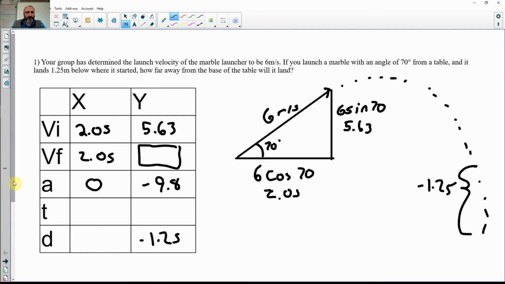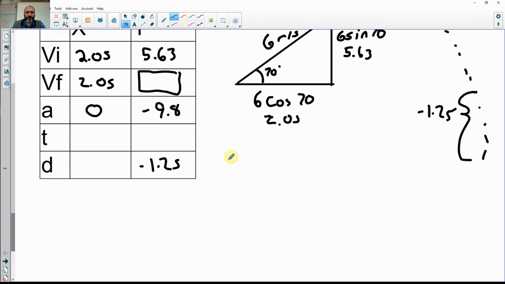So the way we're going to do that, and I'm just going to scoot down here, we're going to do VF squared equals VI squared plus 2AD because I have a VI, I have an acceleration, and I have a displacement, and I'm looking for the final velocity. So we have these three things, and we can use them. So let's do that. 5.63 squared plus 2 times negative 9.8 times negative 1.25. We should get positive for VF squared